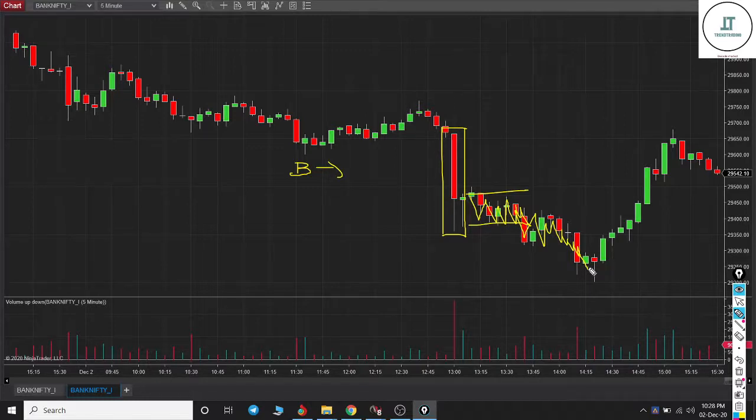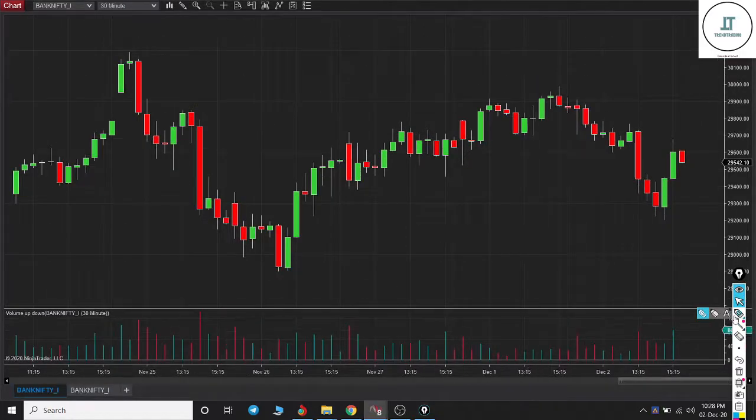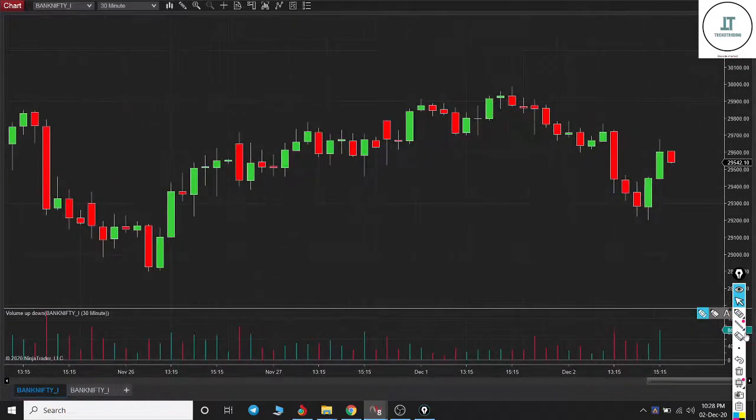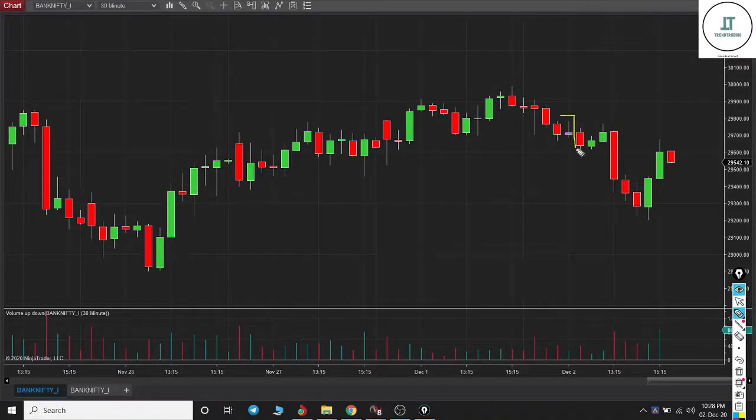Now this is where we need to compare a 30-minute time frame with a 5-minute time frame. Look at this. This is a 30-minute time frame chart, and this candle is the first 30-minute candle, that is the start of the trading session. And before that we need to compare and look at where the previous buyers, or the old buyers who have pushed the price higher, were dominating. Very simple. This was the first candle of the day.